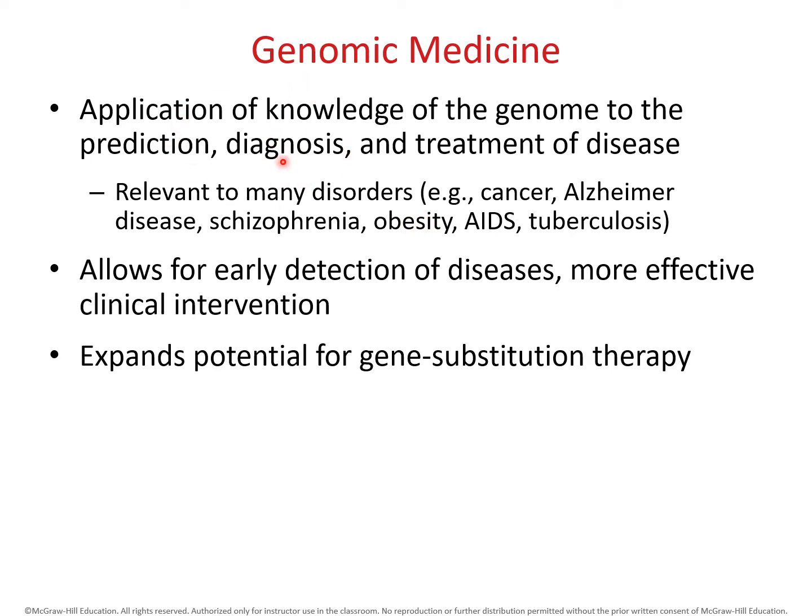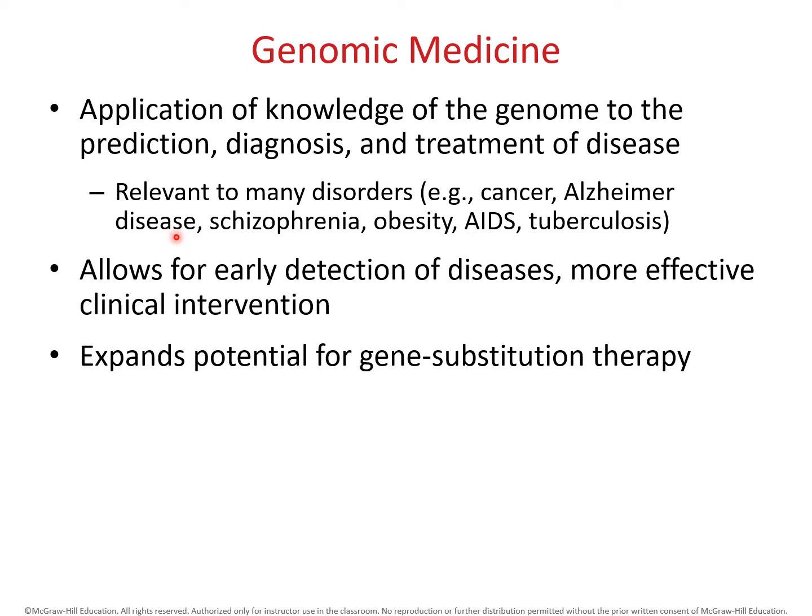It's going to help us with diagnosis, right? If we can do a genetic workup on a person, then we can diagnose that this person definitely has a certain disorder, or if they might have a predisposition or a likelihood for getting that disorder in the future. And of course, at the end of the day, that helps us know what to do to treat the disease, if we have a treatment for it. And again, knowledge of the genome and genes is going to be relevant to many different types of disorders that have some sort of genetic link.